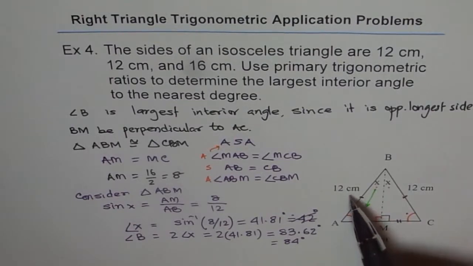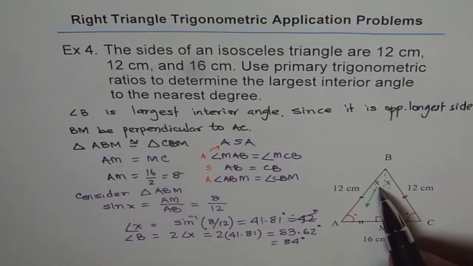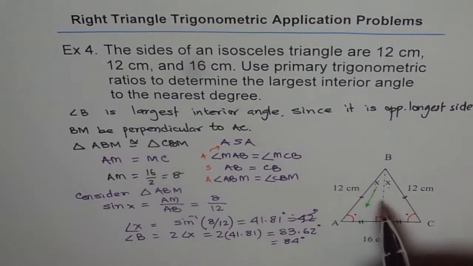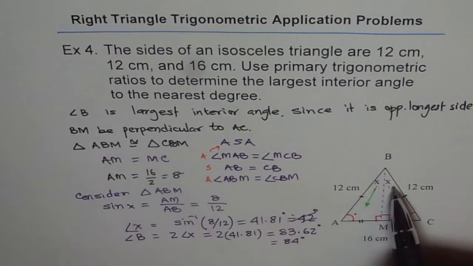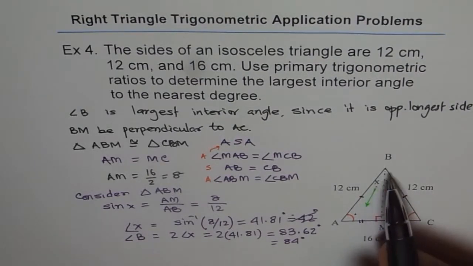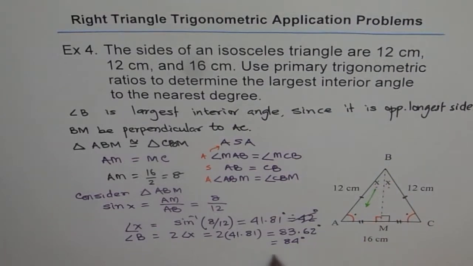So opposite over hypotenuse is sine of X. So we use that trigonometric primary ratio to find out what the angle should be. So sine X is 8 over 12. So X is sine inverse of 8 over 12, which was 41.81. And the angle B is twice X, correct? X and X. Since angle B is twice X, we multiplied 41.81 by 2 and got our answer as